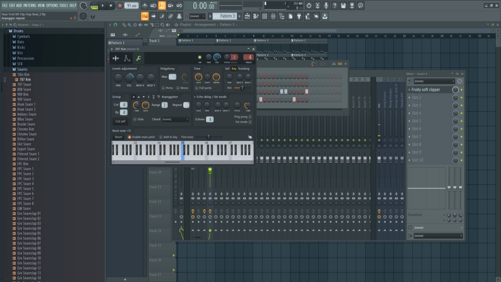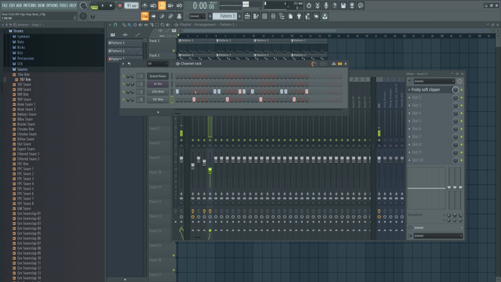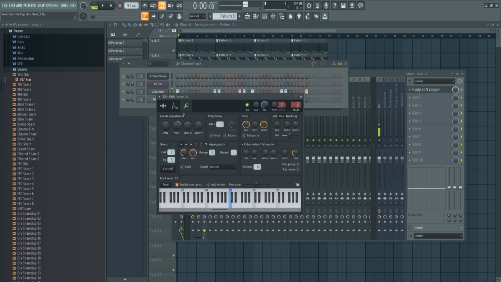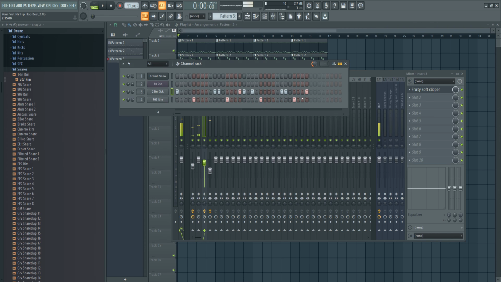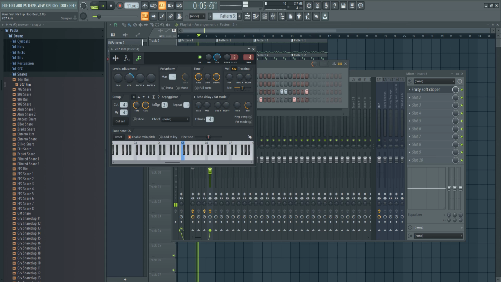Now sometimes you want to add a little time difference between the kick and snare, but in this case they just sound really good together. But most of the time, if you want to make it a little bit more human, go to your kick, go to your wrench tool, and turn up what's called time shift. That added a nice groove. Groove is the difference in timing between multiple elements. I'm gonna crank my volume on the snare a little bit more.